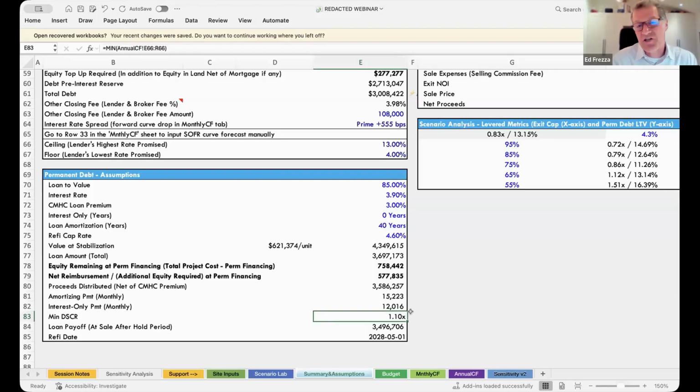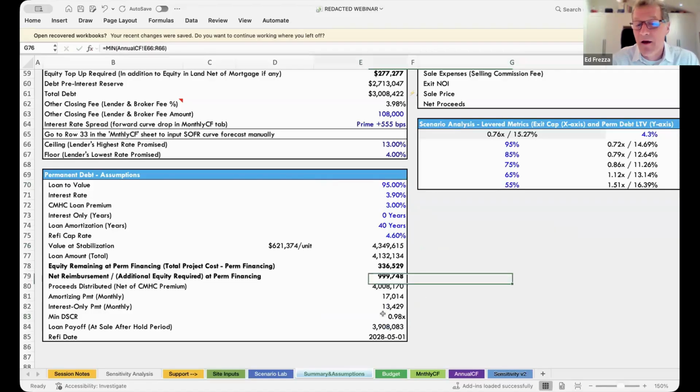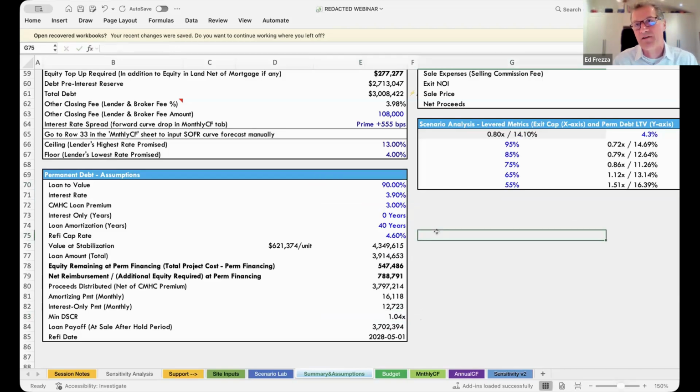Because let's say if we change that to 95%, you'll see what happens. You can see that that 1.10 dropped to 0.98. So now being under 1, we don't even have enough money to cover the mortgage. We're short 0.02. And that would not be cool with CMHC because they want to limit their exposure. And one way to do that is to ensure that we have adequate cash flow. So that's how that 95 gets moved down based on how much income you can generate for this property,